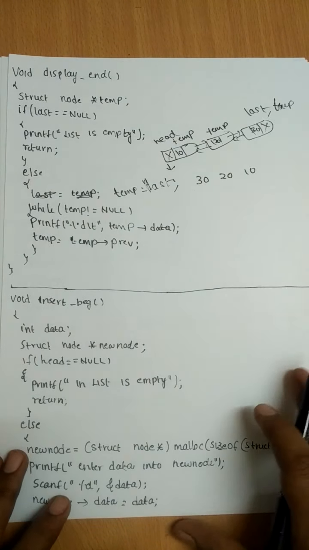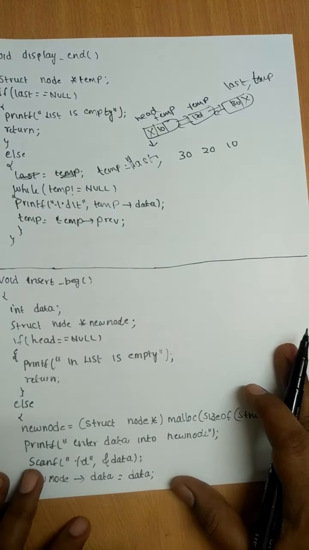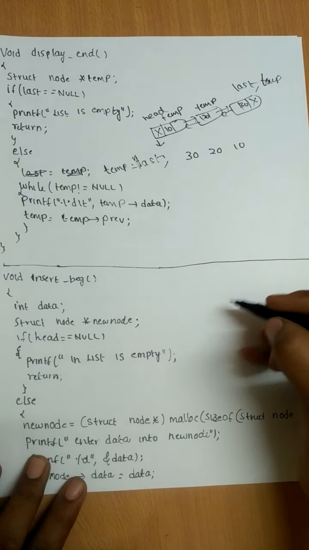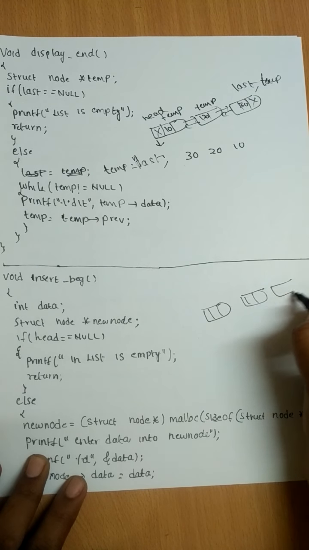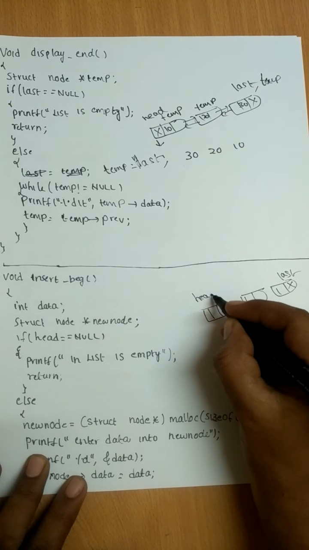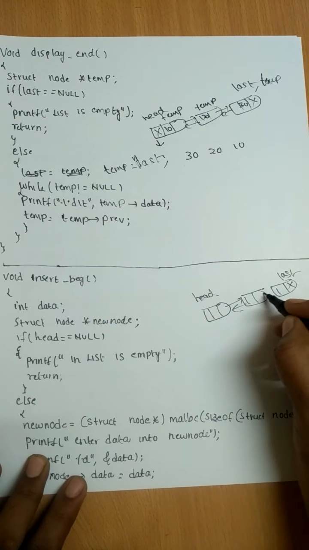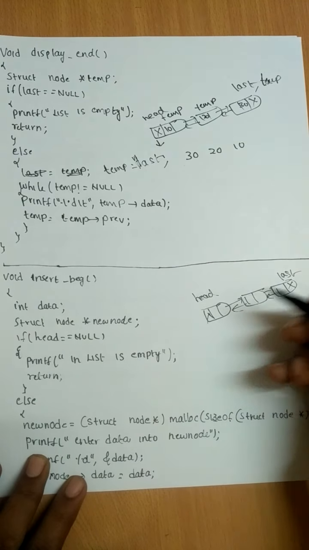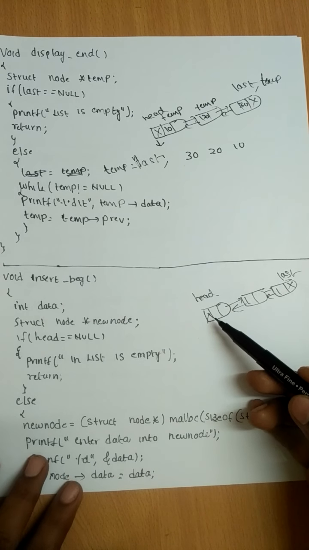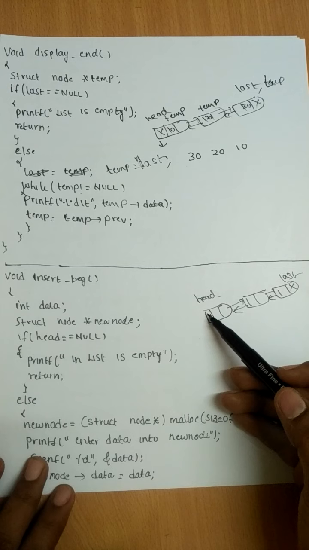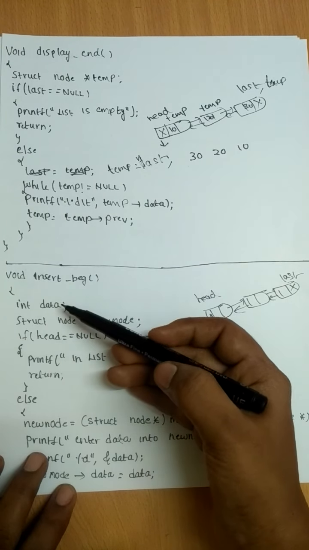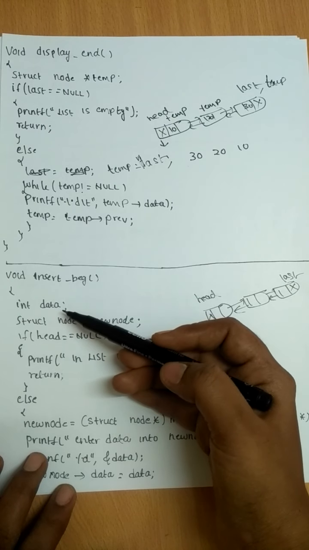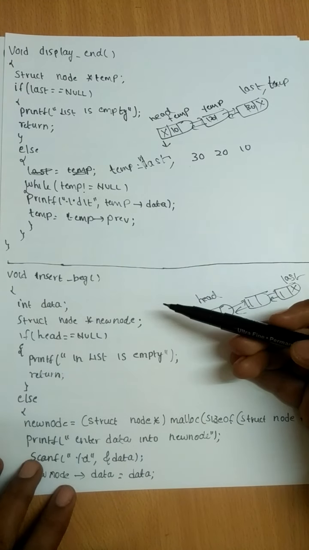Now the next function is insert at the beginning. That is, if we have a double linked list like this, this is head, this is null. We need to insert the new node here before head. So for that purpose, what we have to do? So declare one integer variable data and